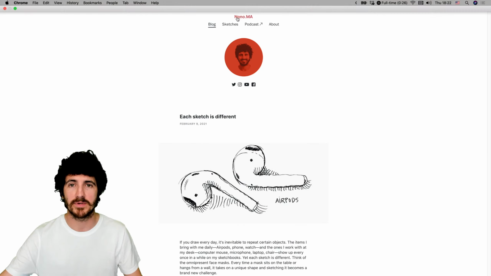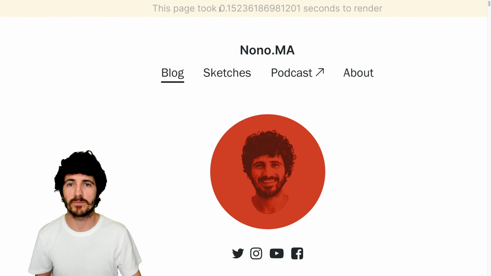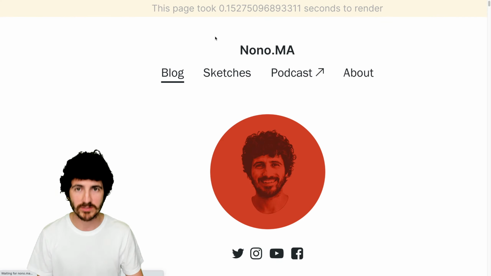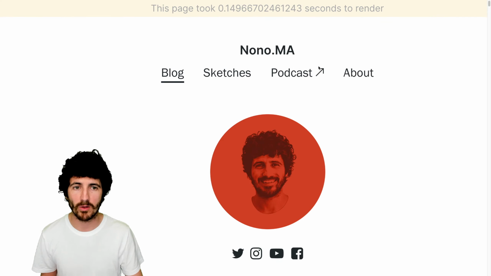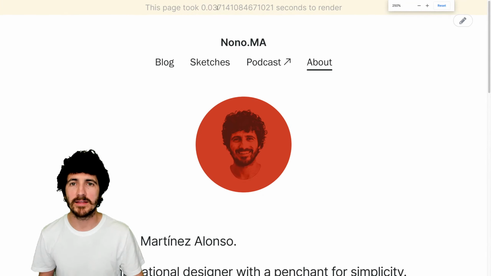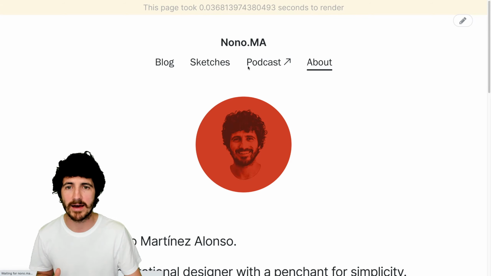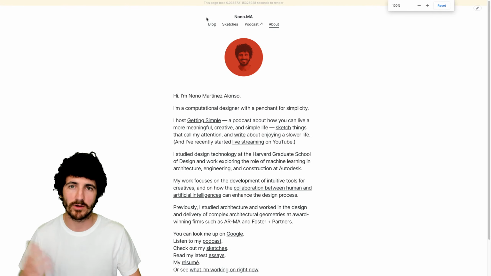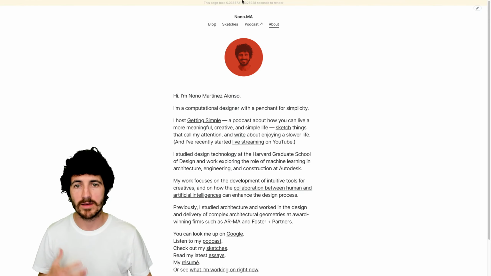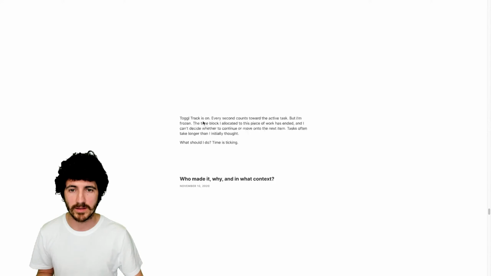I also obsessed a bit over speed. So you can see here at the top of the screen that every time I refresh the page, it's telling me how long it takes to load the application, and it takes somewhere from 2 to 3 seconds or a bit more. On the pages that are really light, that only have a simple template, it's faster. In others, the queries to the database take a bit longer. The thing is, I've hosted this page here. It works pretty fast, pretty well. And this is a PHP application.